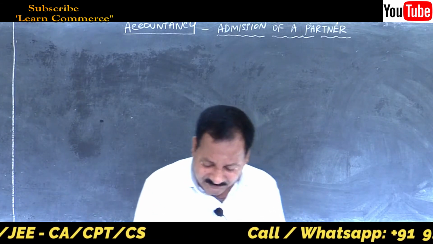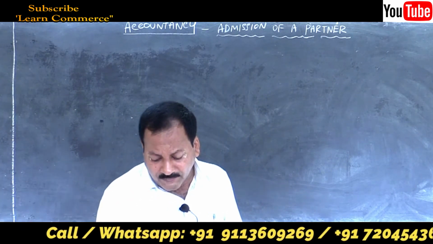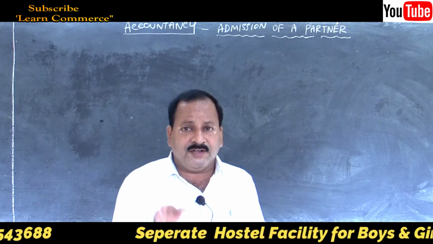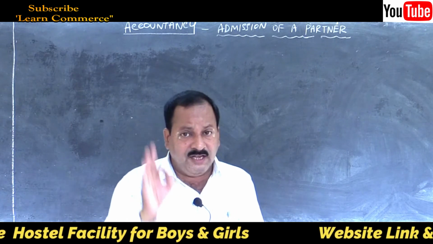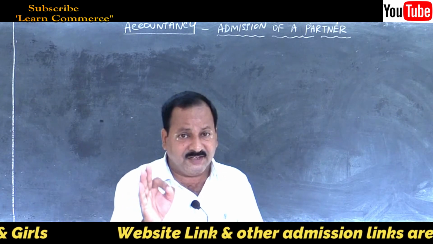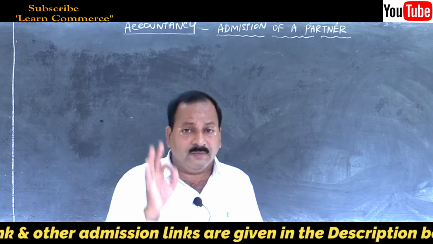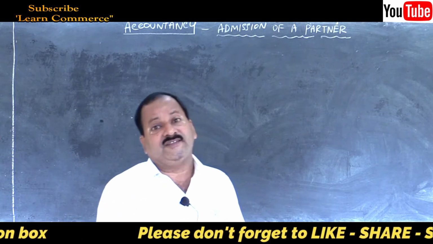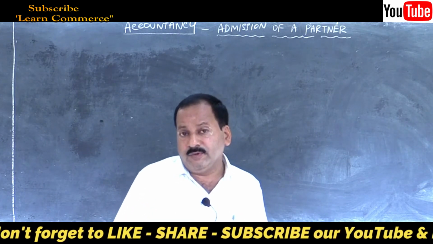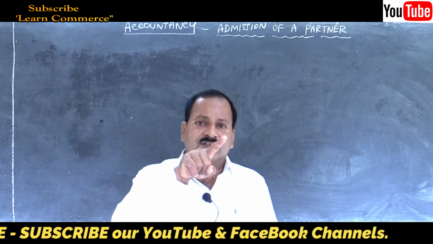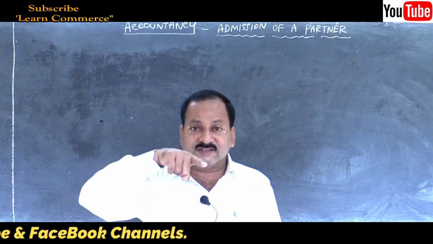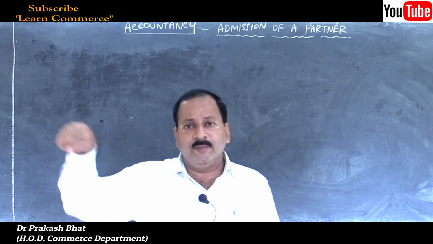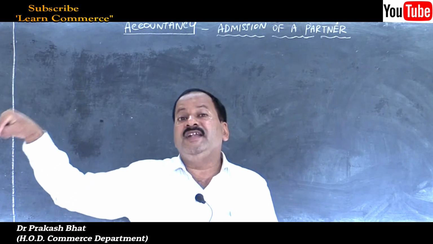Then provision for doubtful debts maintained at 5% on debtors. Any provision created against any assets, remember, any provision created against any assets like debtors or stock or anything else, or bills receivable, that will decrease the value of the asset. Because in the balance sheet what we will do is we will enter debtors in the inner column less provision for doubtful debts, PDD, that will be deducted so that the asset value will decrease.